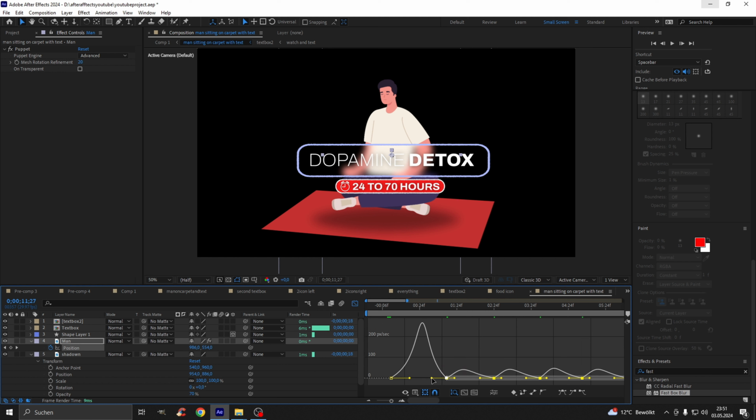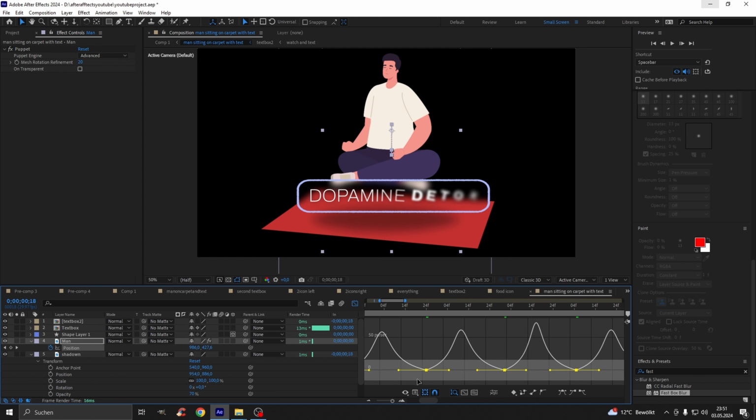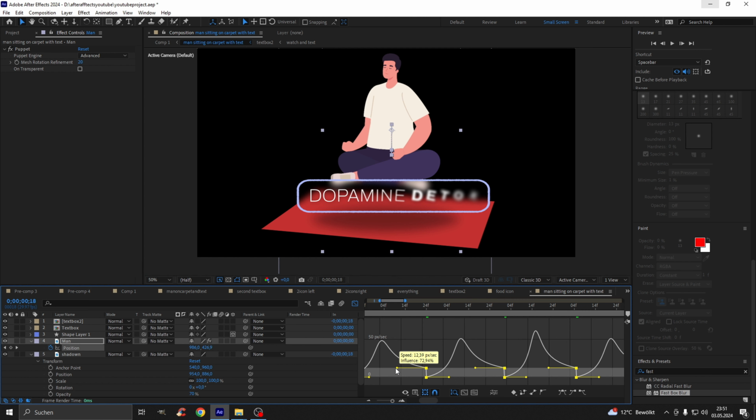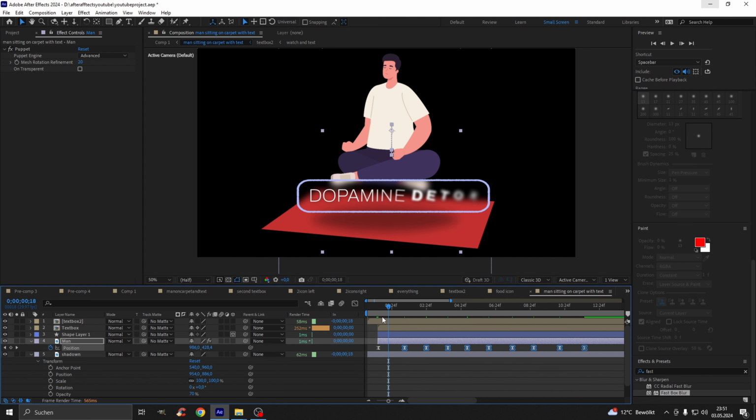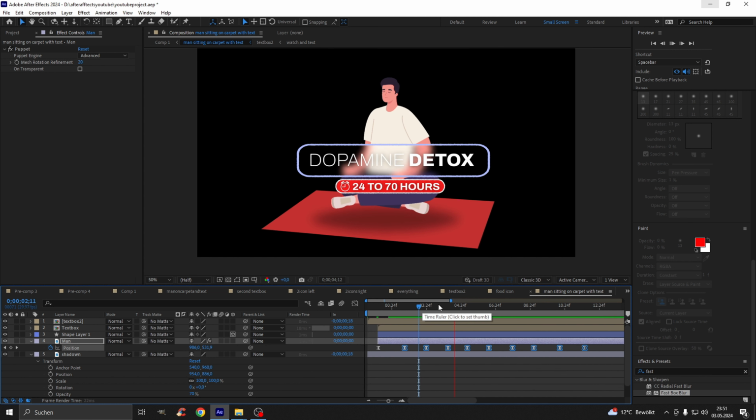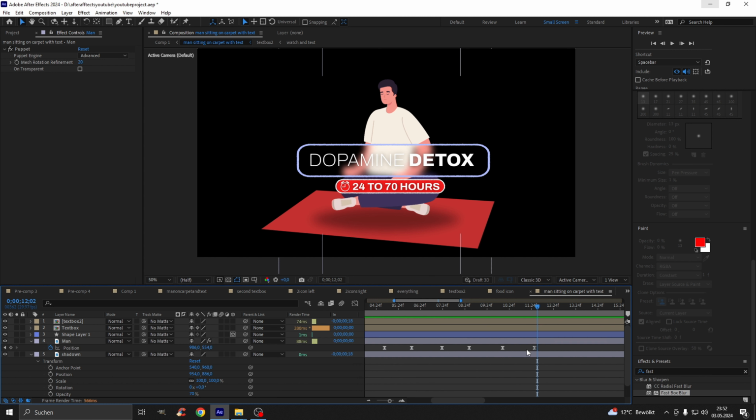Let's bring that closer again. And that one as well. That one as well. And also, what we did before, lift these little yellow boxes up so the movement is a little bit more fluent. So that looks really good. Actually perfect. Maybe we can still play around with the keyframes, maybe move them apart a little bit more so